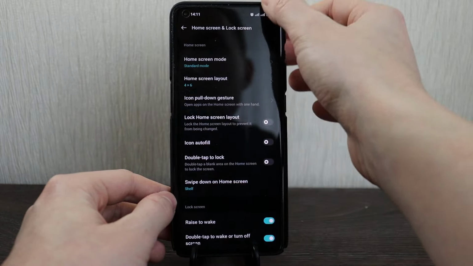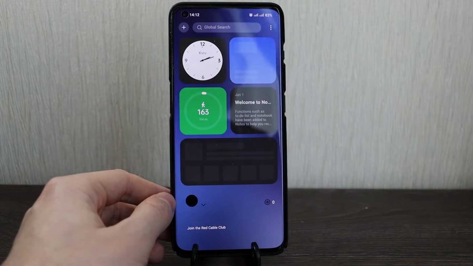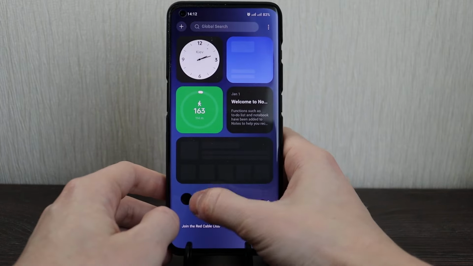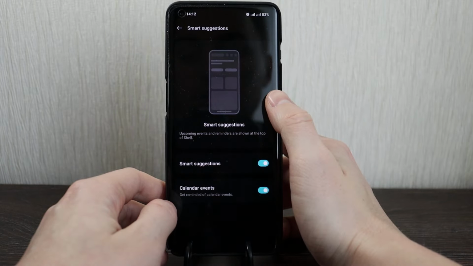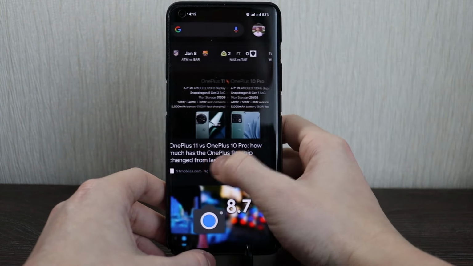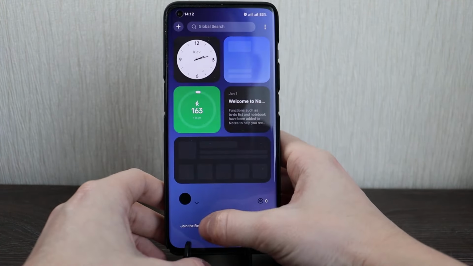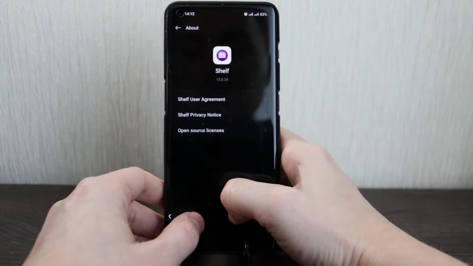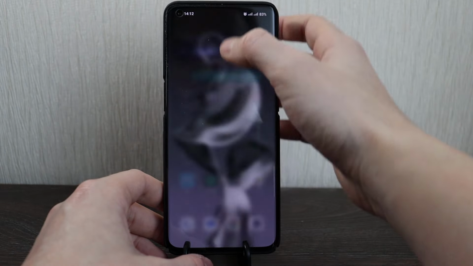Yeah, you see the shelf. So basically if you swipe down, you have this shelf which has search, clock, weather, some calendar or to-do list, and I usually never use it, so I think it's customizable. Have the smart gesture, calendar, events. So actually smart gesture is open, so we'll discover it here still. All right. Red cable club. I think I need internet for this one, but I don't want to enable it right now, so I will get some notification. But anyway, that's how this is called shelves, which is editable, so you can customize it,